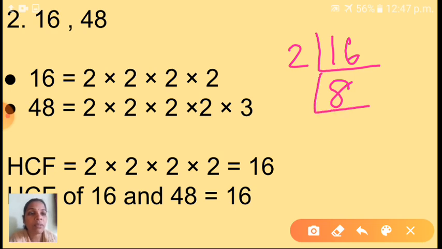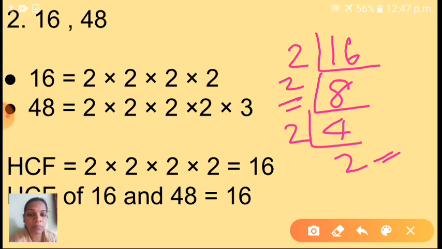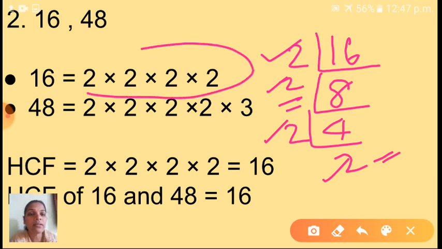And again, which prime number will come here? Yes, 2 will come, because 8 is what? Even number. How many 2s are 8? Very good. 4. Again, which prime number will come here? 2. So how many 2s are 4? 2 2s are 4. See here, last step, that is 2. That is a prime number. So we will stop here. Okay children. So the prime factors of 16 are, see here, 2 into 2 into 2 into 2. I have written here. I hope you understood now. Shall we go to the next one? Shall we find now what the prime factors of 48 are? Yes, are you ready children?